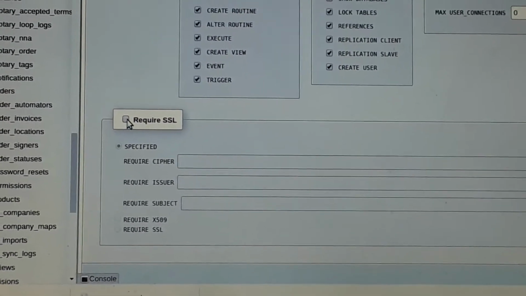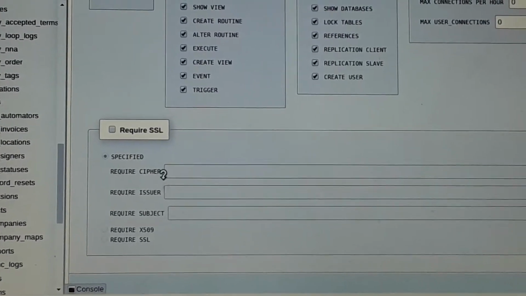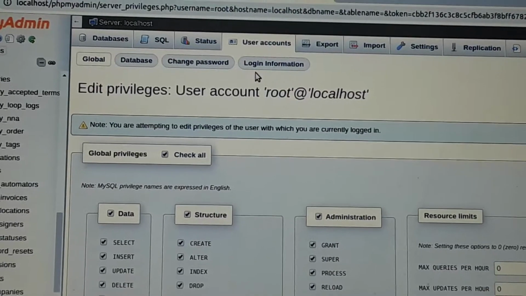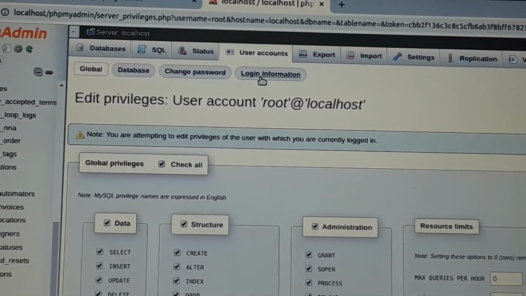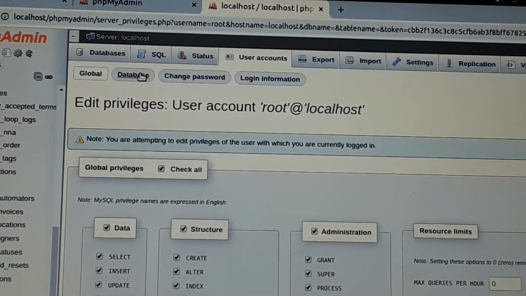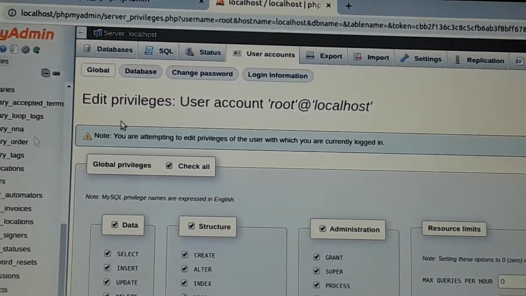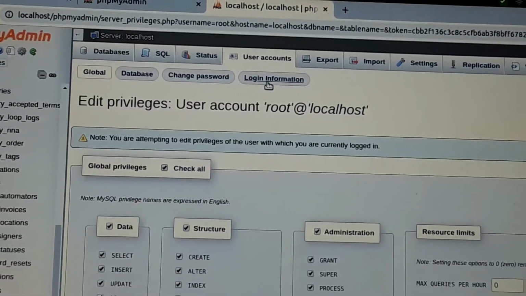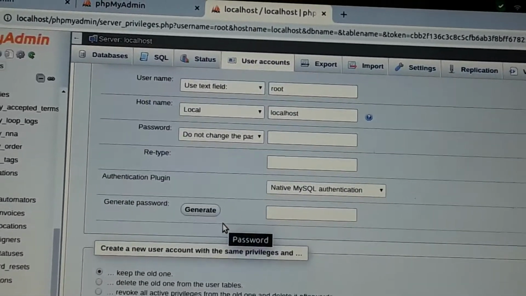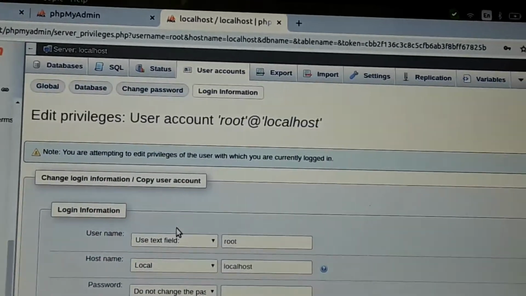In the local system there is no need to enter this. Login information, change database, change password. This is the databases. This is the global. Login information: who is that user and what particular information he has.